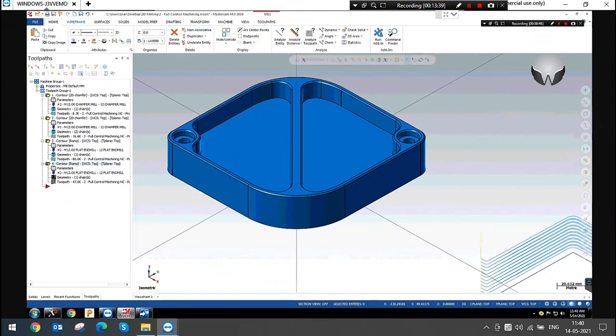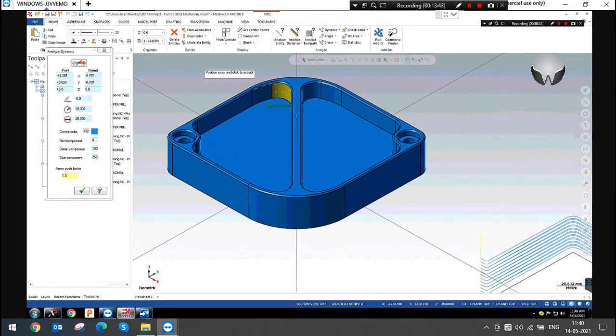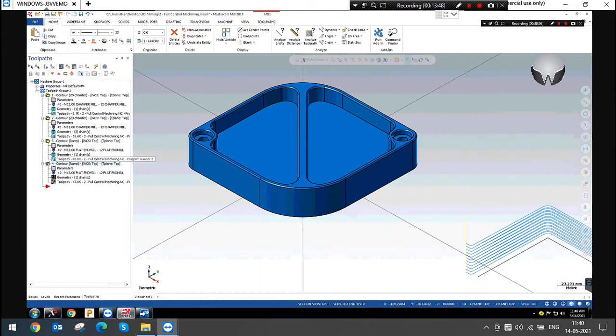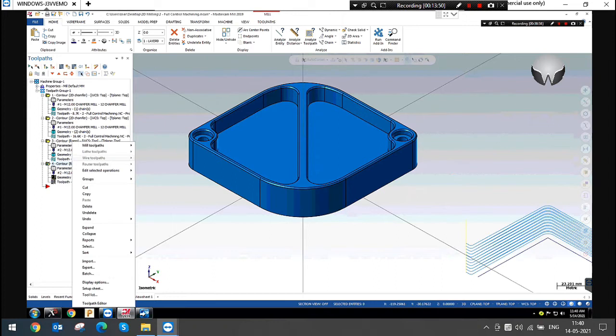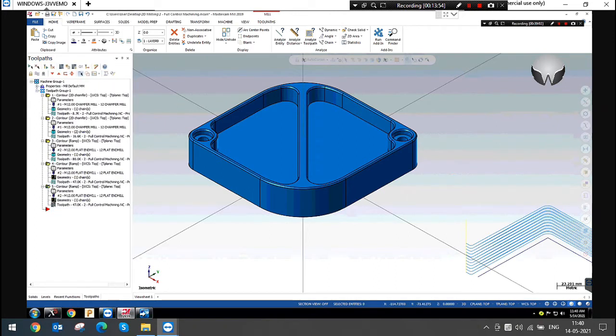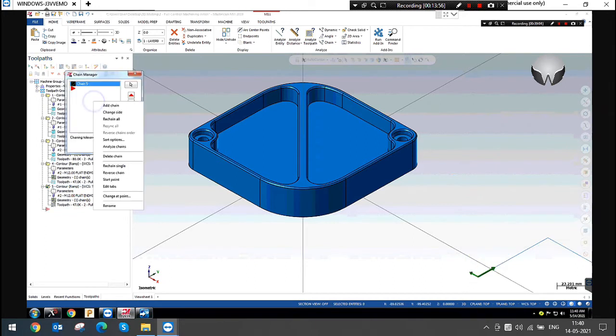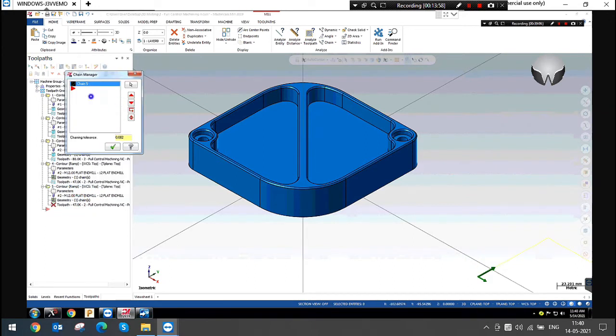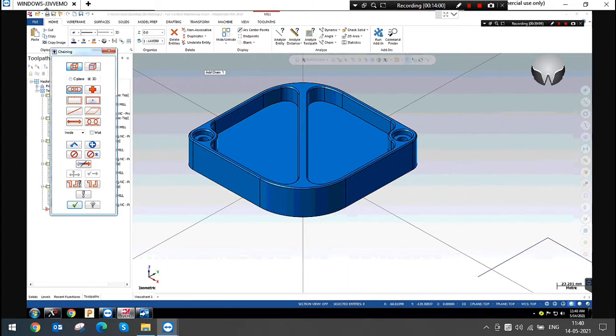Please wait, I will check. It's a 10 mm R10 corner radius. Now I am going to again copy and paste. Just selecting the inner side, change side, rechain all.